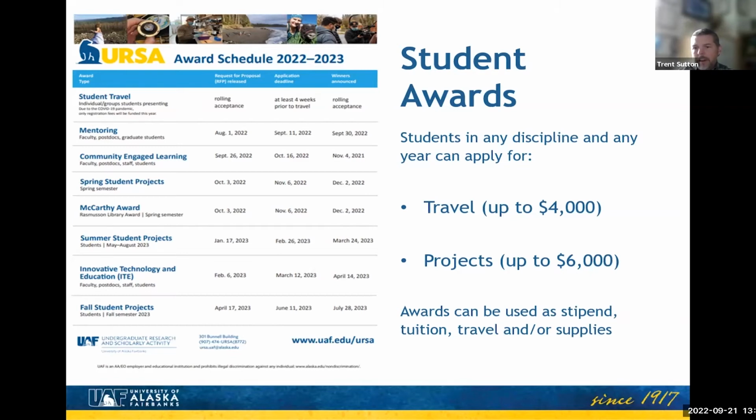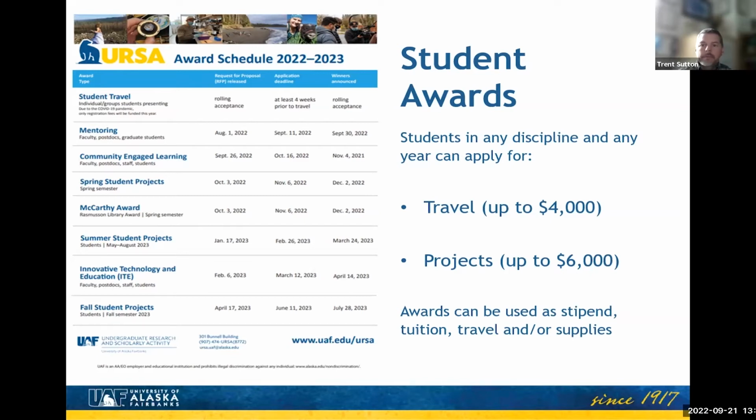So this would cover things like your airfare or ground transportation. It would cover lodging. It would cover per diem. It would cover registration costs as well. So you may need to have an additional source of funding to help cover the difference. That's where your individual department might come in, or the college or school that you belong to might come in, or there might be some other means of covering those costs as well. This also can include international travel. We've had a number of students go overseas. Obviously, $2,000 for an individual isn't going to go very far for an international trip. The airfare itself is usually much more than that. But again, that's where lining up additional sources of funding can come in.